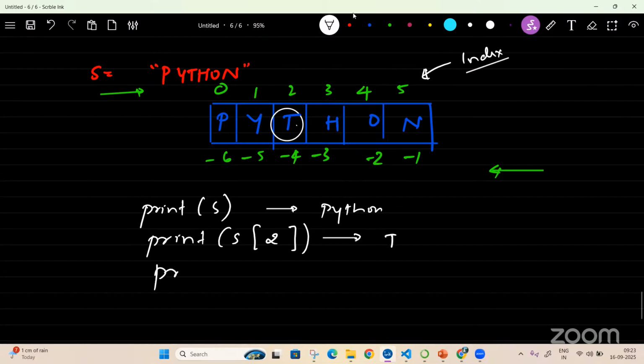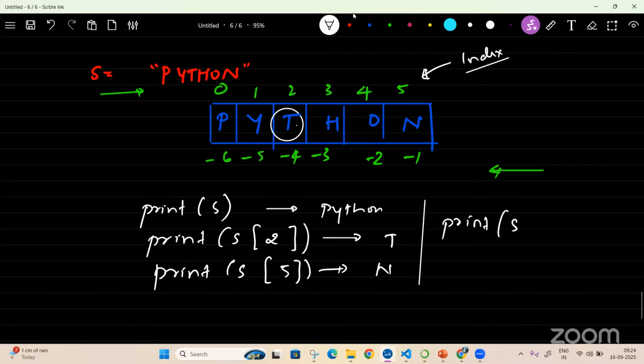When I go and say print of s of 5, what should it give? N. If I say print of s of -3, what should it give?